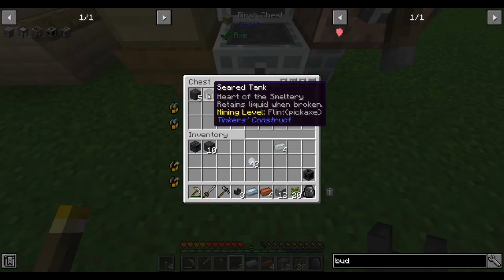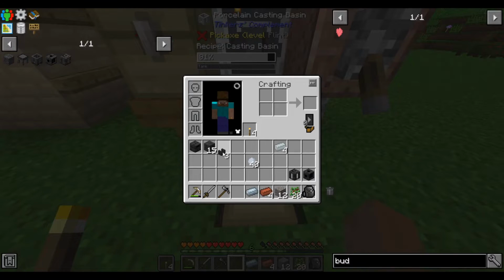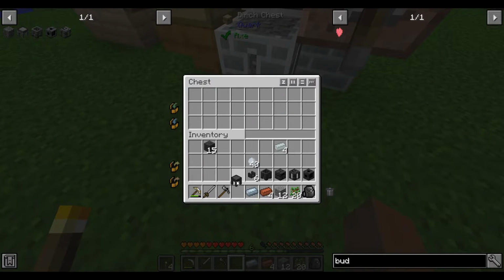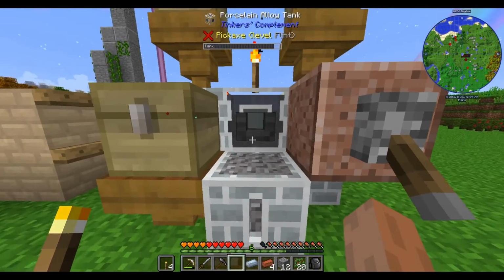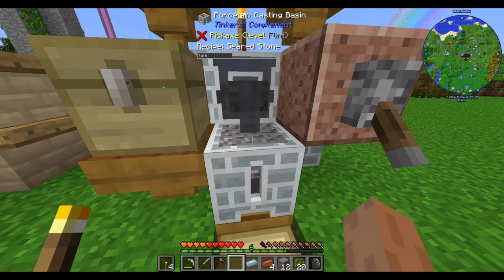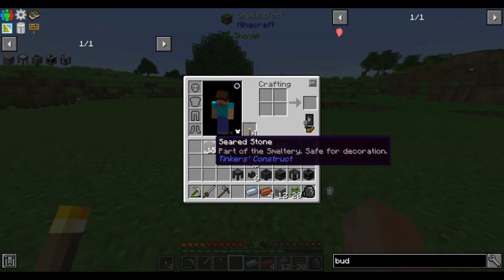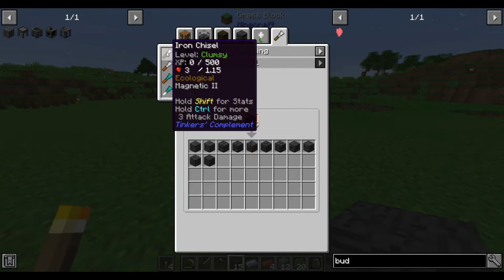Anyways, all that's left is to cast the grout over a few more components, and we should have all these smeltery bits pretty soon. The last piece is done. That should complete the quest. Nice. Sometimes it doesn't start pouring on its own. I'm not quite sure why that happens. Whatever. We should have, with 15 seared stone, can I turn it into, and not without